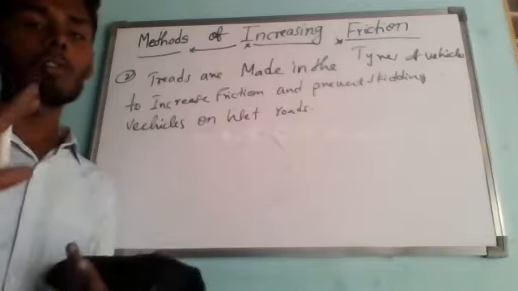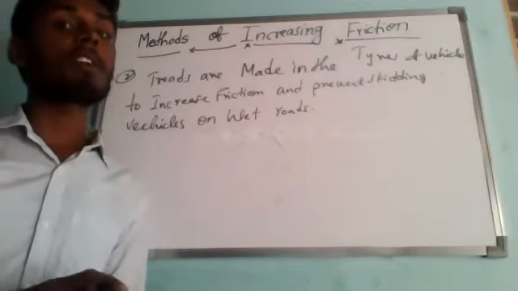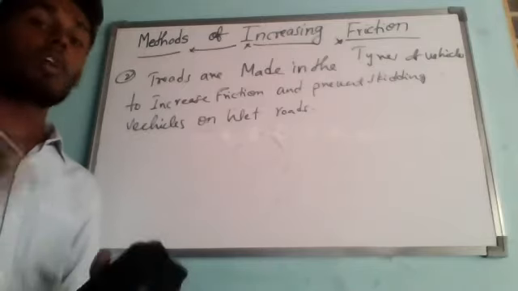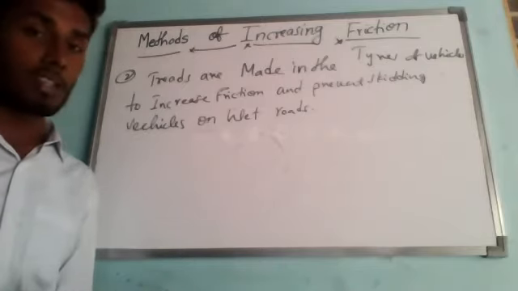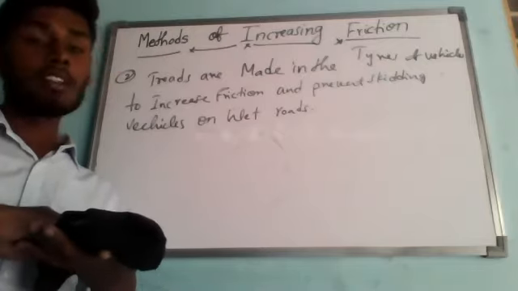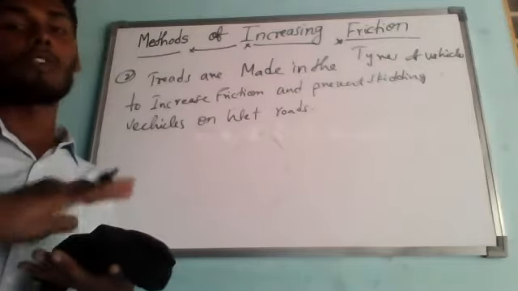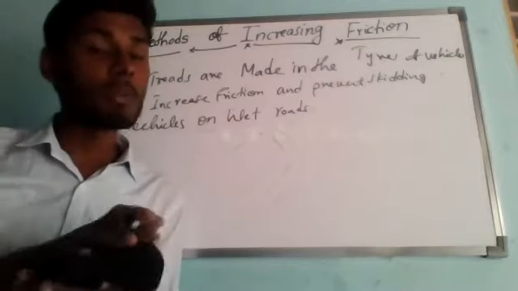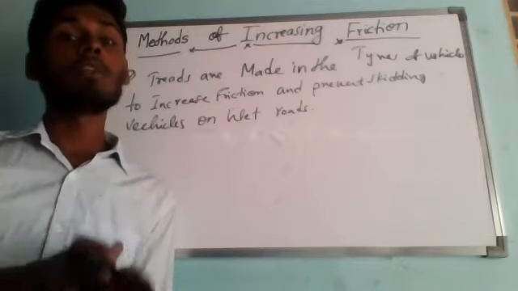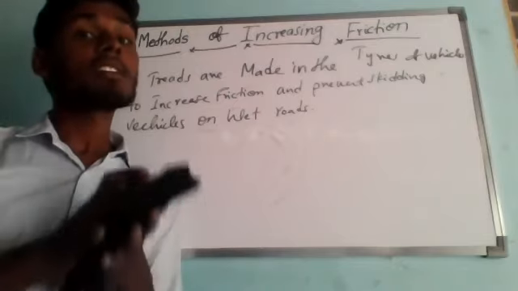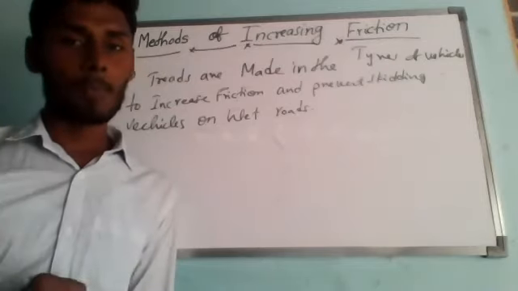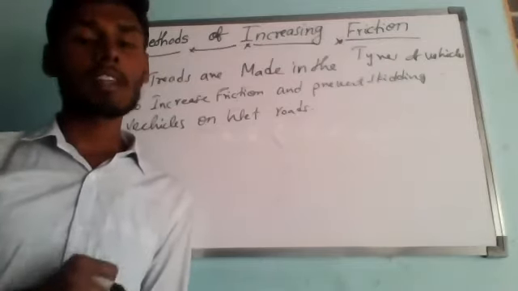So all the roads will become wet. The presence of water on the surface of roads reduces what? It reduces the friction, which you have already seen in activities in the last classes. If water covers the surface, the friction of the surface is reduced. So the water reduces friction between the tires of the vehicle and the surface of the road, due to which the tires lose their grip on the road.